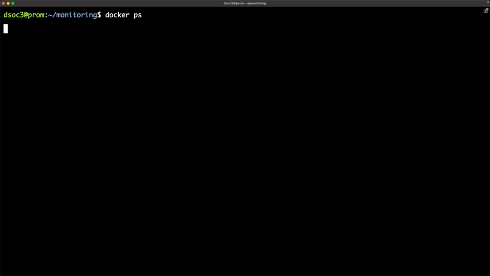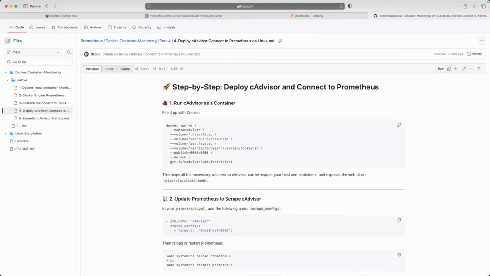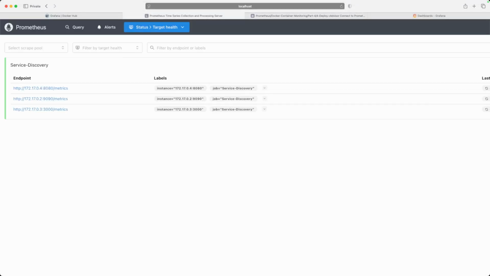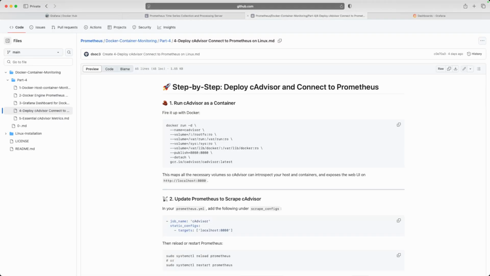Now check the container status. We should see cAdvisor, and if we come over here, we should see it at 1000 and the metrics. Wow, it's working, right? Let's run node exporter, and for node exporter,